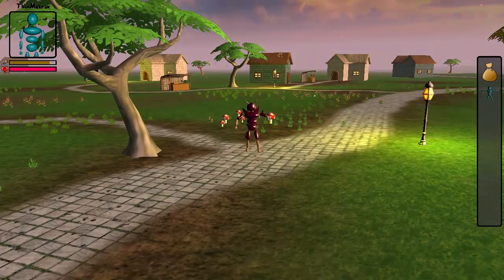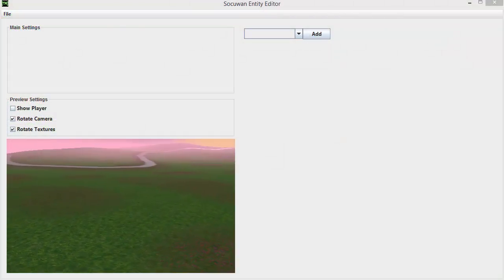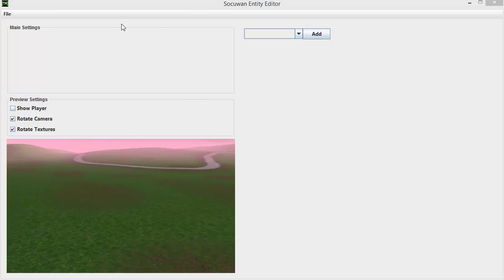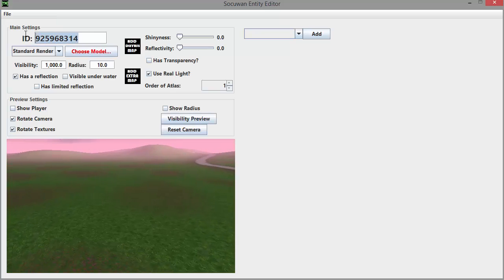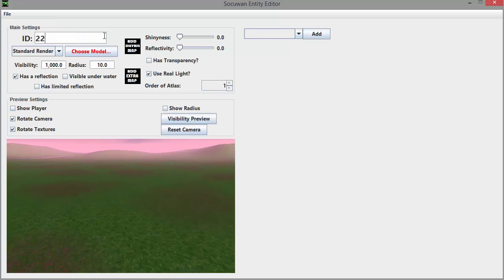This week I've made some good progress on the Entity Editor. So here is the Entity Editor program, and it's still very much a work in progress, so do forgive the poor layout in some cases. But I'm going to go ahead and create a new static entity, and I get a load of settings here